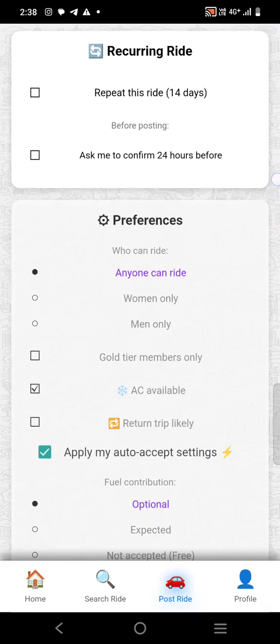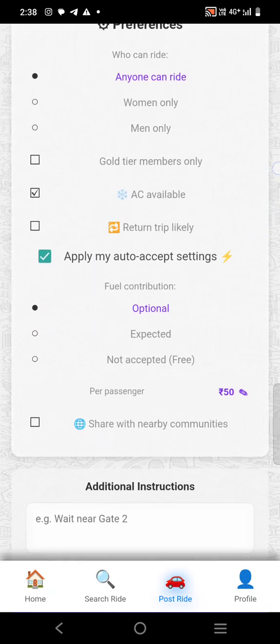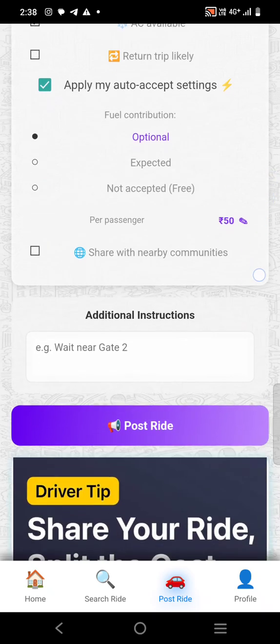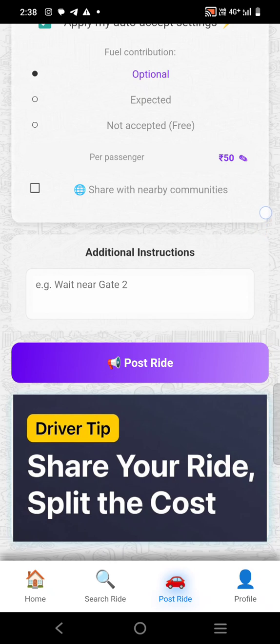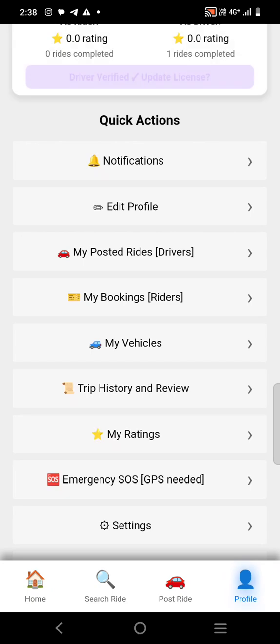And you've seen the recurring rides and various preferences regarding how a ride is posted, how a fuel contribution is accepted, and how the platform puts a cap on a very fair value, which works out to about 50% of the fuel cost. And then there is this profile tab,